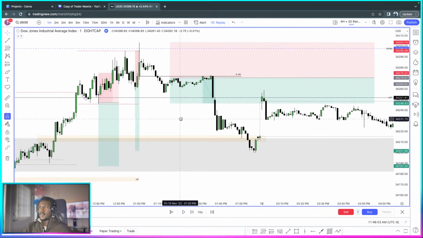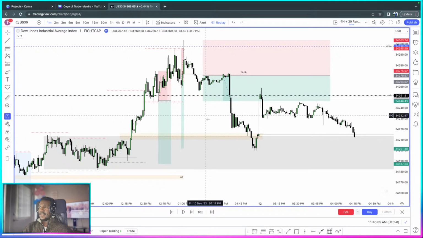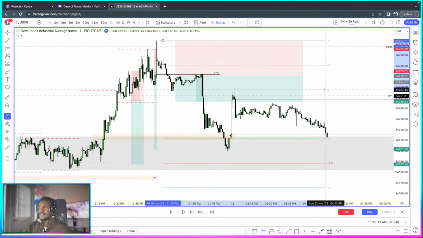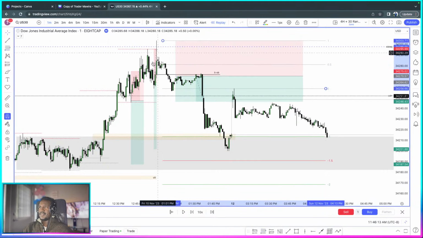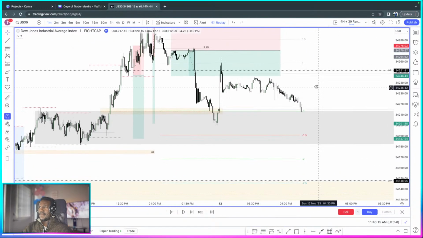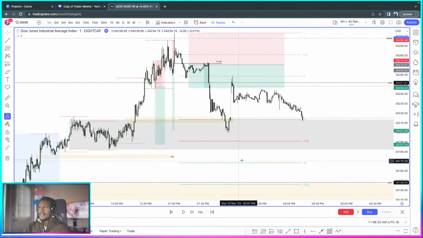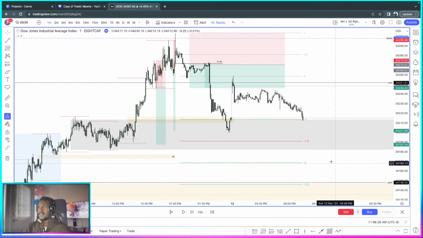So we took this high right here and put a fib from that high to this low right there. Let me put those fibs. From this high to this low, I remember I wanted to see a -2. This is where I wanted to see us get to, and that is where I put my TP. We can go back to the stream and look.